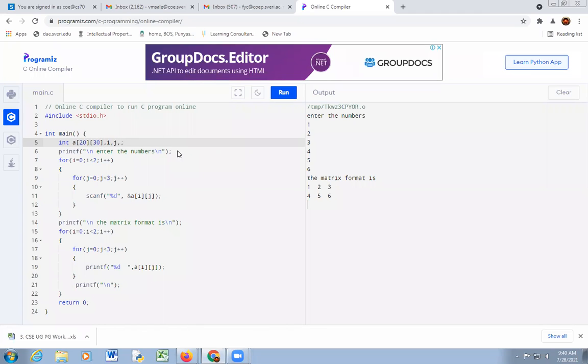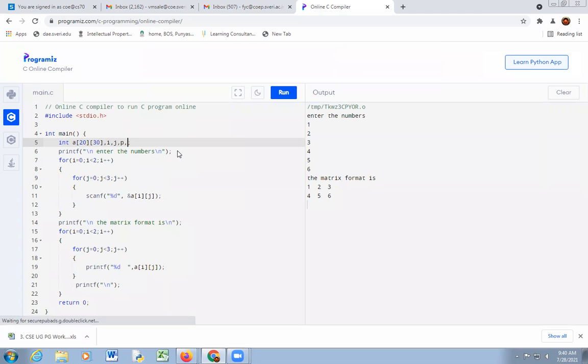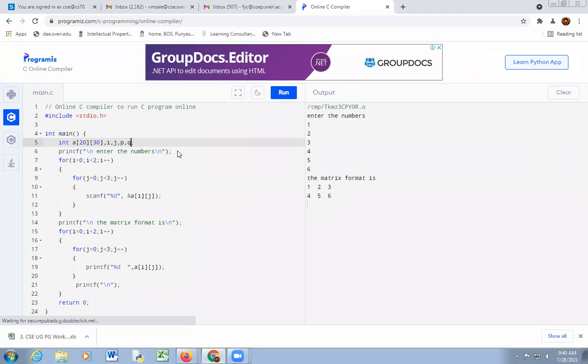So here I will declare two variables, P and Q. Okay, P for row size and Q for column size. I don't know what row size and column size the user will take; it depends on his or her imagination.